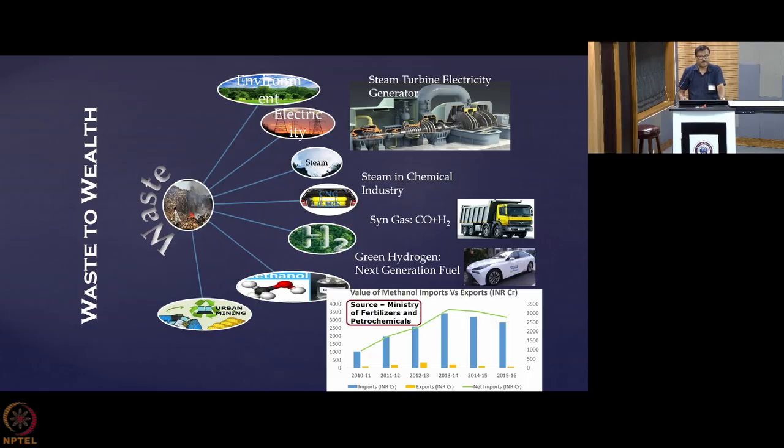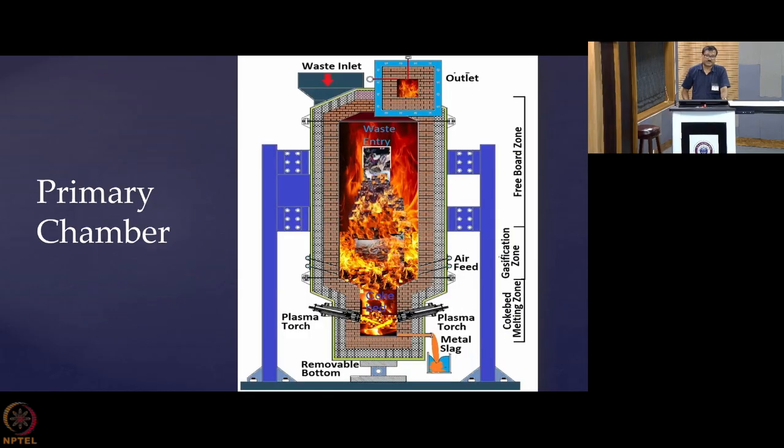This is because we are getting very useful material like copper, iron, aluminium, and of course the precious metals. Where from are we getting them? We are getting them from the waste that is dumped in the urban area. So the mine is there in the city itself, and you can collect that waste and get the material extracted from there. In most cases, the material is highly pure. So that makes the application of plasma for waste to wealth.